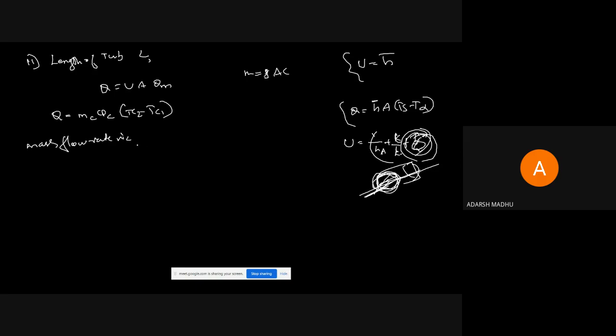C is the velocity. So m dot can be found as rho into A into velocity. Either you can take C or V. Here rho is given as 990, the area is pi by 4 d square with d outer given as 0.022, so pi by 4 into 0.022 square, into rho into A into C. Velocity is given as 2 meters per second. So you can find the mass flow rate as 0.753 kilogram per second.